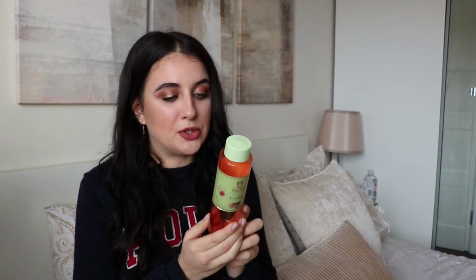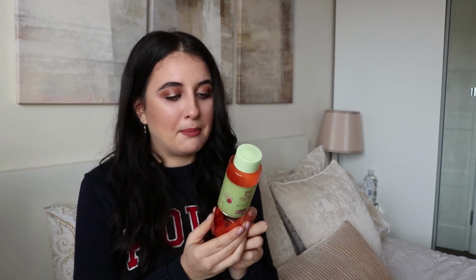I've got quite sensitive skin, as I mentioned, and this is just too strong for my skin. I think they recommend using it every day, AM and PM, or as needed. Do not use this every day, and don't use it AM and PM if you've got sensitive skin. I use it once to twice a week, and I mix it up with other toners, and I use it